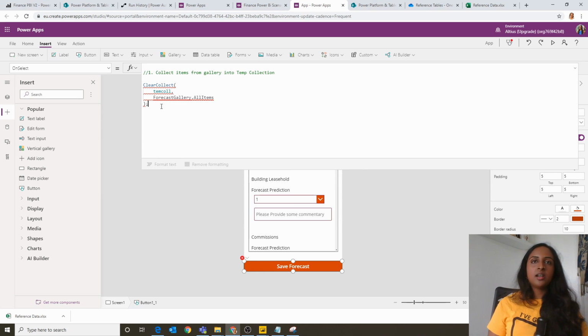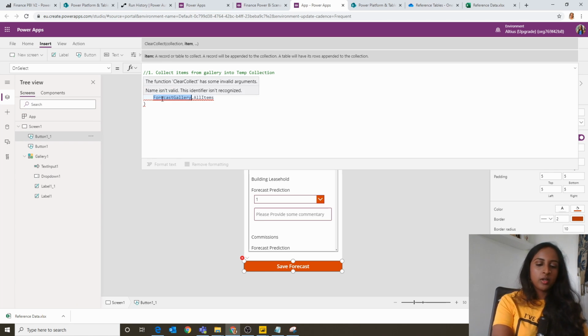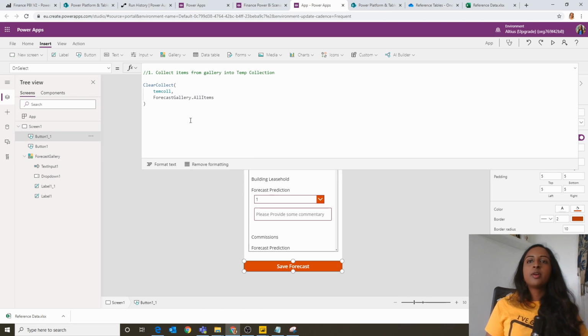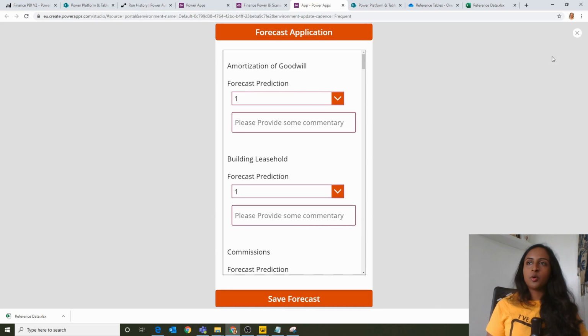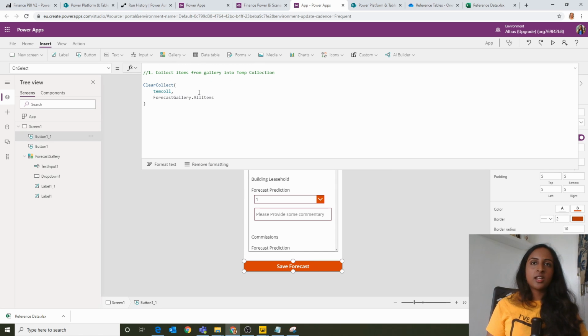I'm going to collect the items of my gallery into a local collection. The name of this gallery is at the moment Gallery 1. I'm going to rename my Gallery 1 as Forecast Gallery. Let's go ahead and do that. What it's doing is basically putting all the items within this gallery, so whatever I pick, into a local collection. So I'm just going to click Save Forecast at the moment,